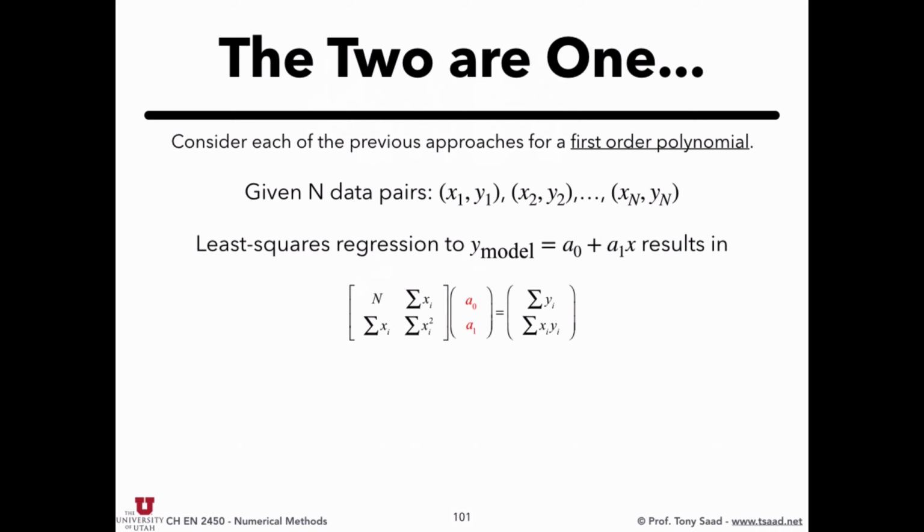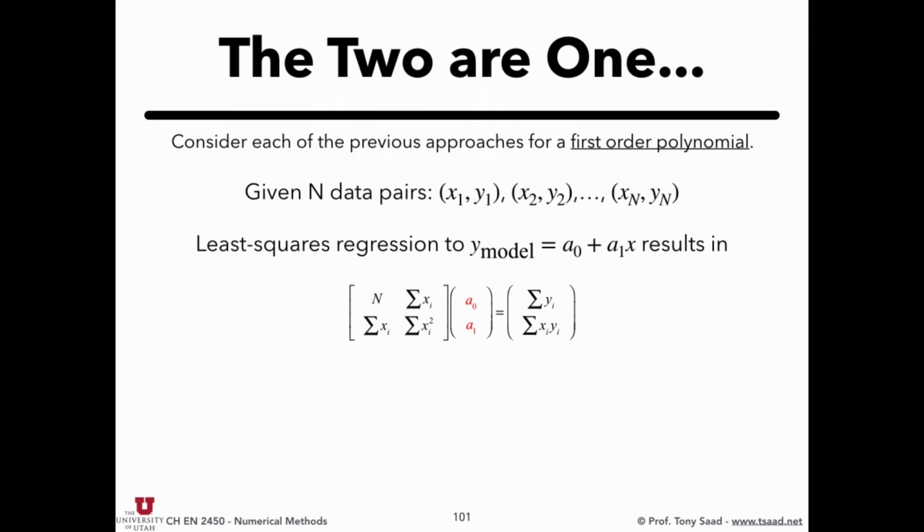So if you consider each of the previous approaches for a first order polynomial, given n data pairs, x1, y1, x2, y2, xn, yn, the least squares regression to a0 plus a1x results in this system. We saw this before. Okay. Now,